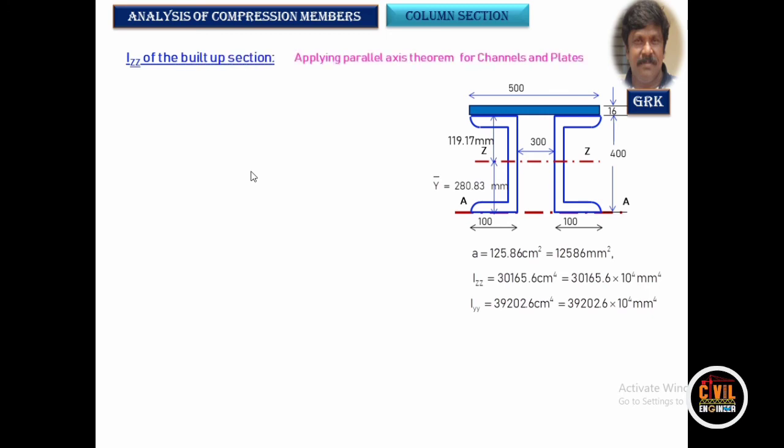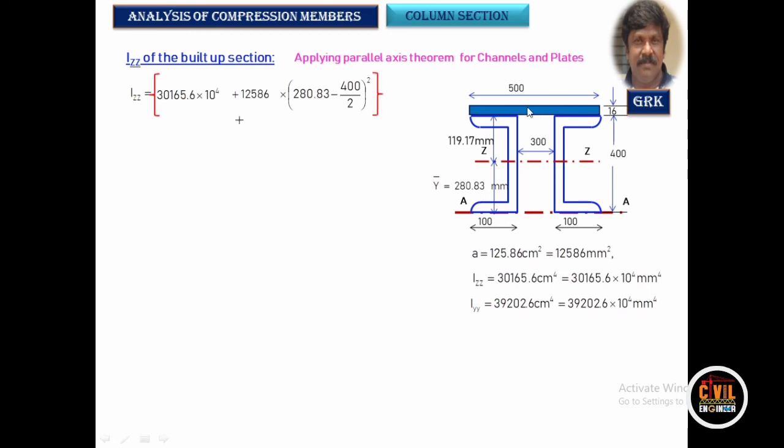IZZ is the moment of inertia of this section about the central axis. So it is the IZZ of this one plus A h square. Area of that is 12586. h square is nothing but the difference between this one and the center of this, that is 280.83 minus half of the distance, that is 400 by 2 is the h distance,